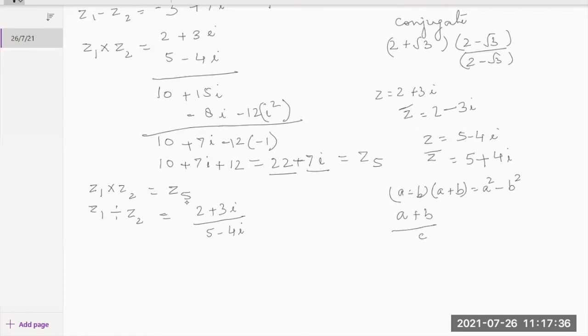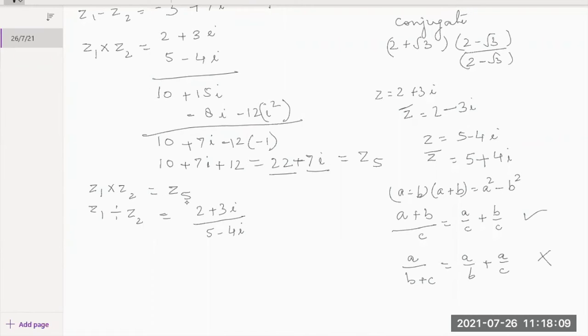Another thing which you have to remember, supposing I wrote a fraction like this, a plus b upon c, right? This can be split up as a by c plus b by c. This is absolutely correct, right? But if this was written as a upon b plus c, and if you wrote it like this, it is absolutely wrong. Why? Because you can split the numerator but not the denominator.